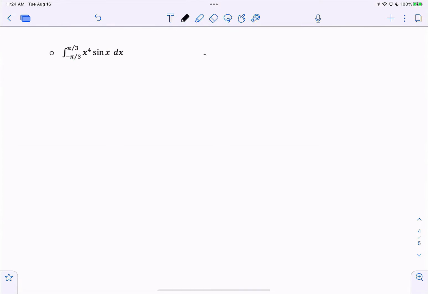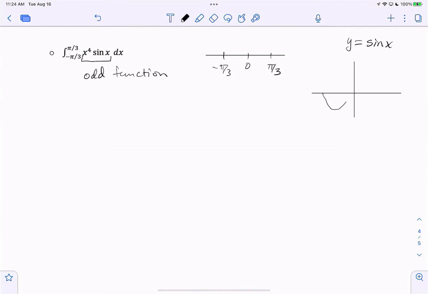That is, negative pi over 3 is to the left of 0, and pi over 3 is to the right of 0, and 0 is in the middle, right? So it's symmetrical. And this matters because the integrand, x to the fourth times the sine of x, is an odd function. Neglecting x to the fourth for a moment, if I look at y equals the sine of x, and just a portion of the graph, on an interval that's symmetric with respect to 0,